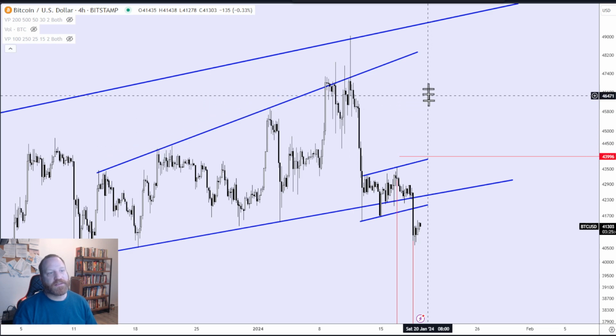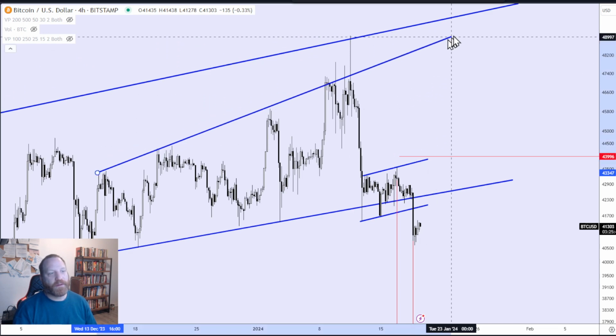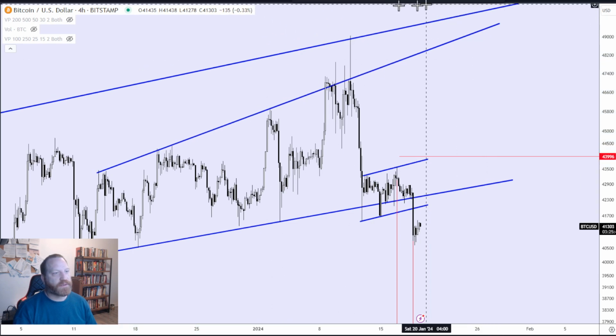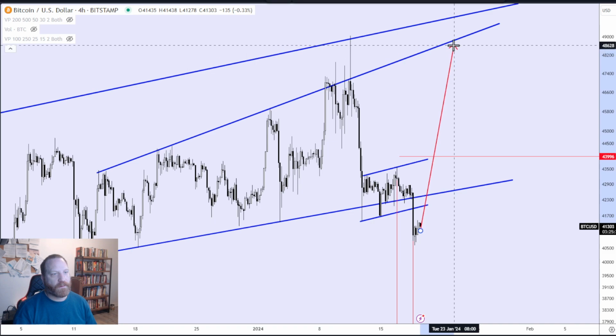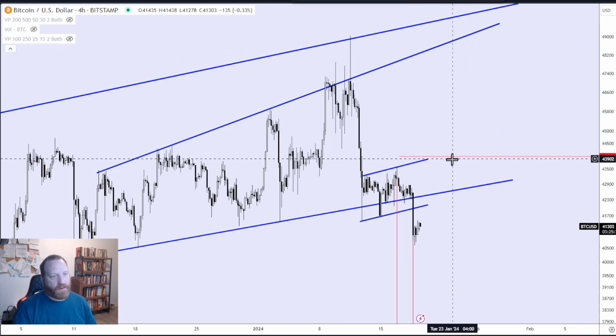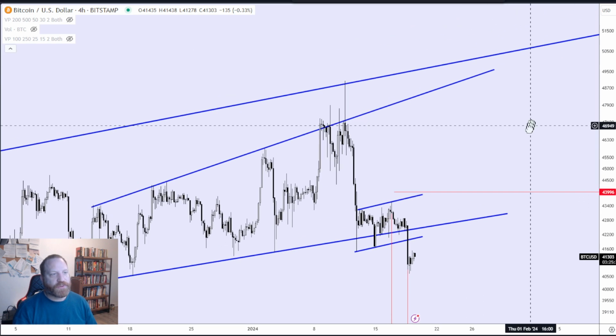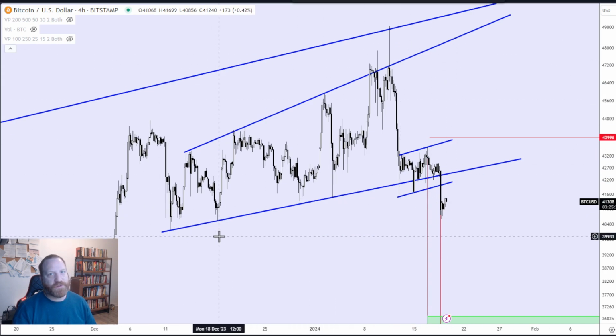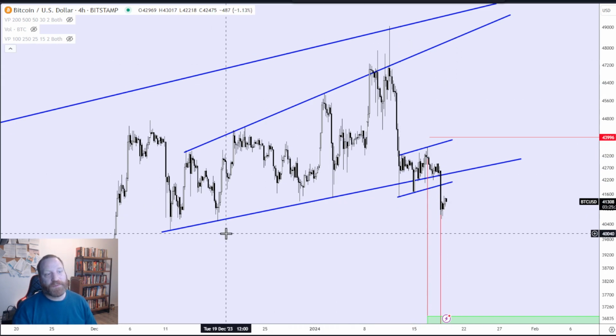then what's to say it's not going to go all the way up over here to test the next level, which is this one here. So that's stop one. Stop two would be if the bigger structure, which is a distribution pattern, sometimes these distribution patterns end up just being a congestion area on a larger time frame, because what you're seeing here as a